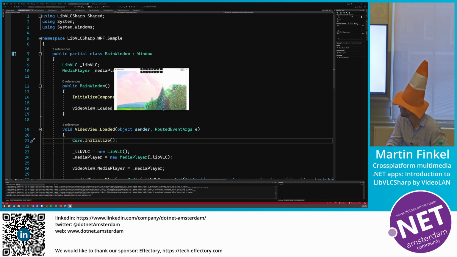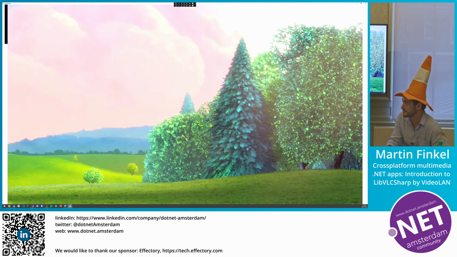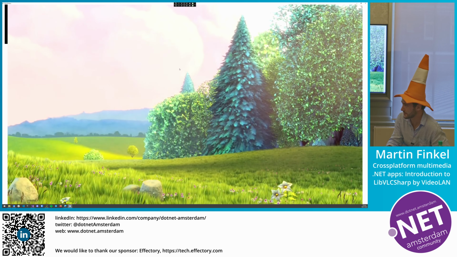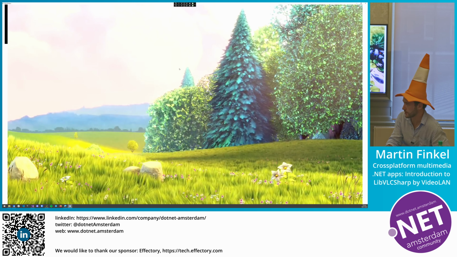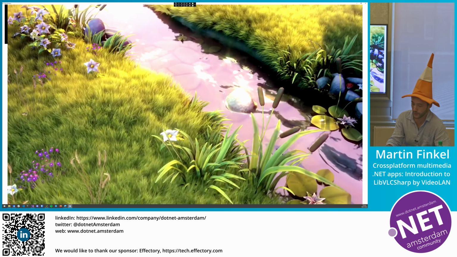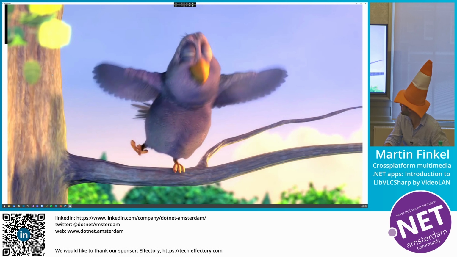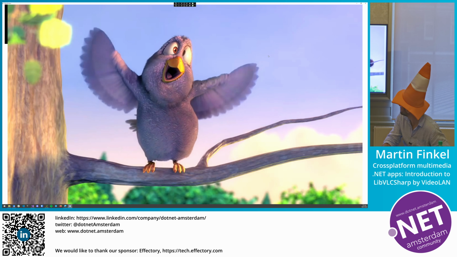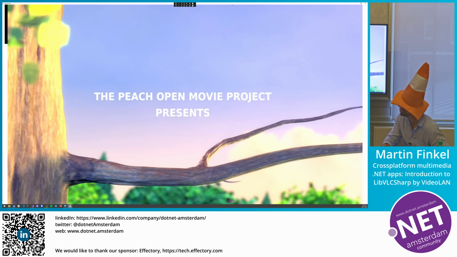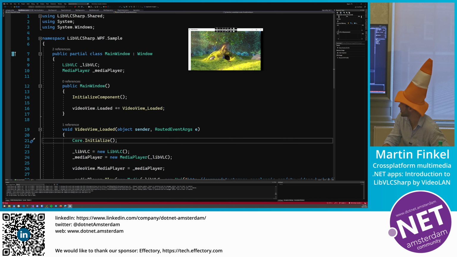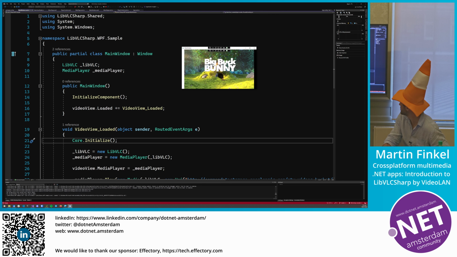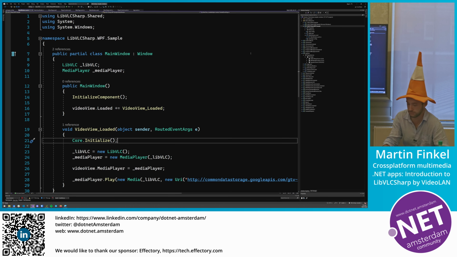You might need to go to screen settings and move the 100% to a higher one, then everything is bigger. Okay. So I guess it works. That's Big Buck Bunny, which is the main video used in samples. So there you go, just a very simple window.